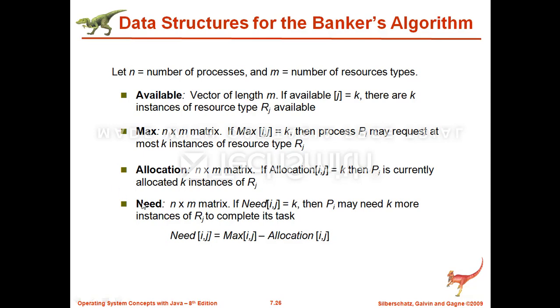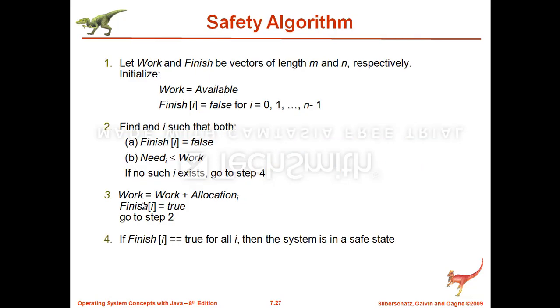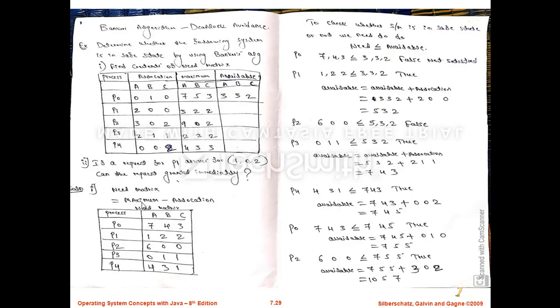It will be more clear with the help of examples that we'll see one by one. So the algorithm you can understand by yourself later once we solve the example. Directly I'll move to the example. See here, Banker's algorithm. This is one problem I have taken from the question paper. It will be like this: determine whether the following system is in safe state by using the Banker's algorithm. First question he will ask, find the content of the need matrix, and the second question he will ask, usually, if a request for the process P1 arrives for 102, can the request be granted immediately? We'll see this second part.